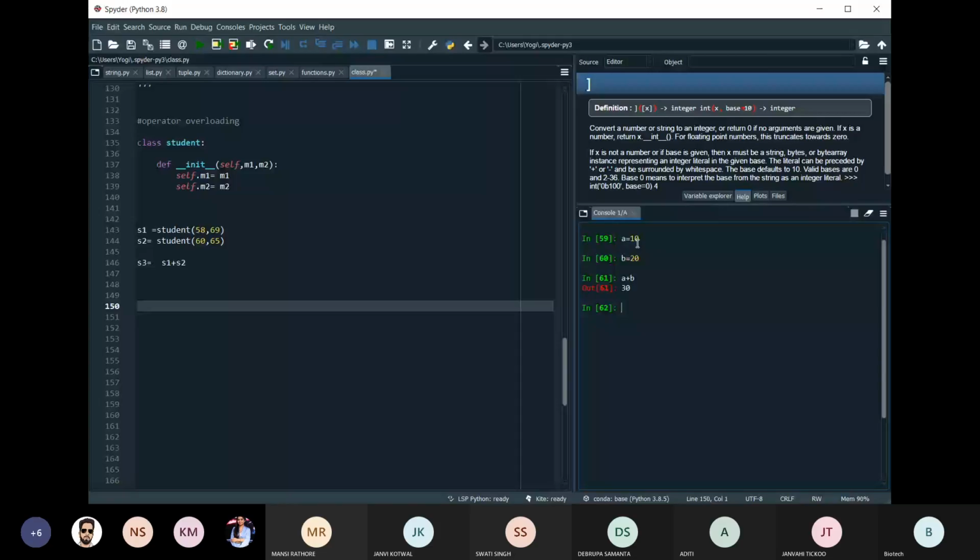It is actually equivalent to int dot add, 10 comma 20. This is how it works inside the memory, behind the scenes.